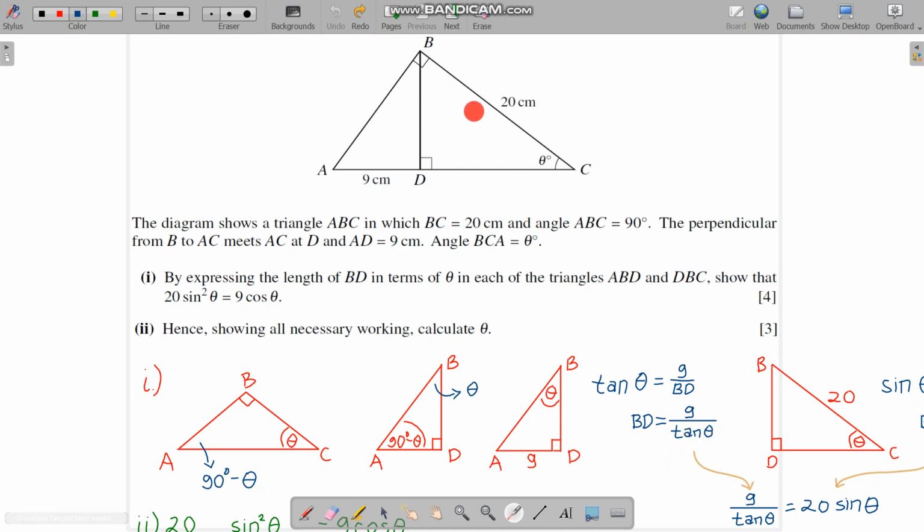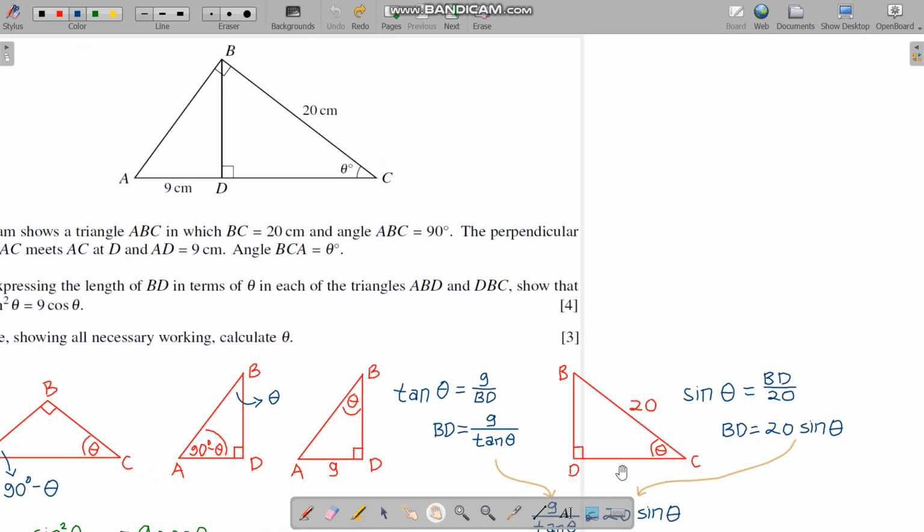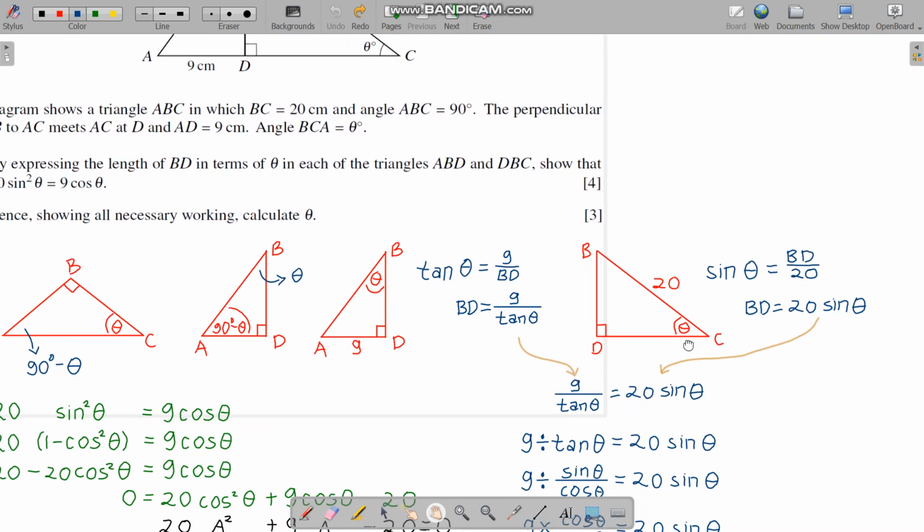And look at the triangle on the right now. From the BDC triangle, we have 20 cm and the angle is theta, and therefore for BD, using sine, sine theta equals opposite over hypotenuse, BD over 20, so BD is 20 sine theta. We have BD